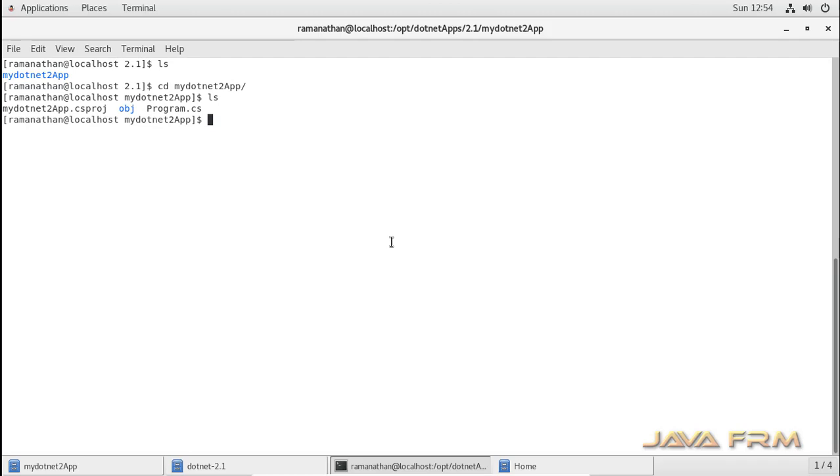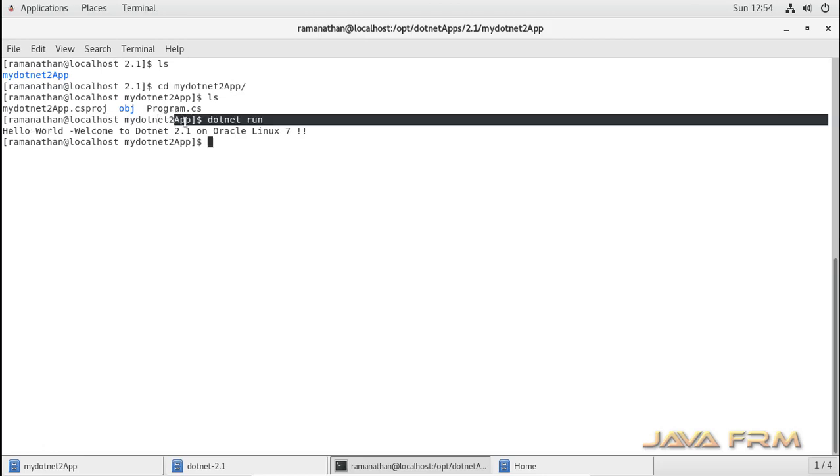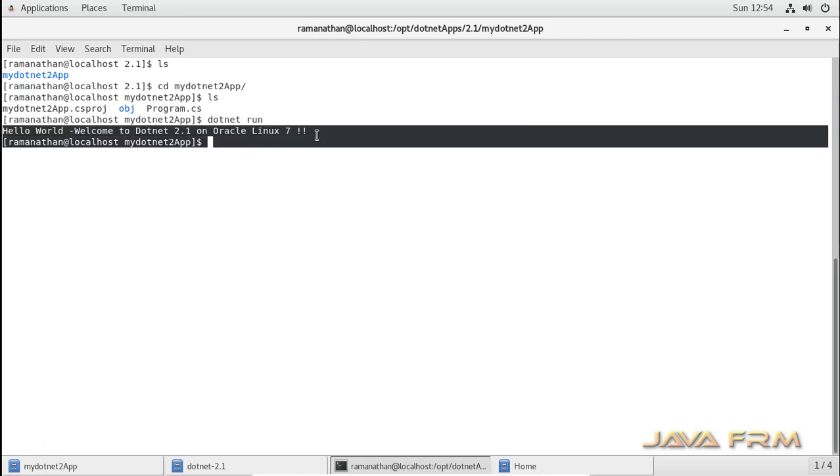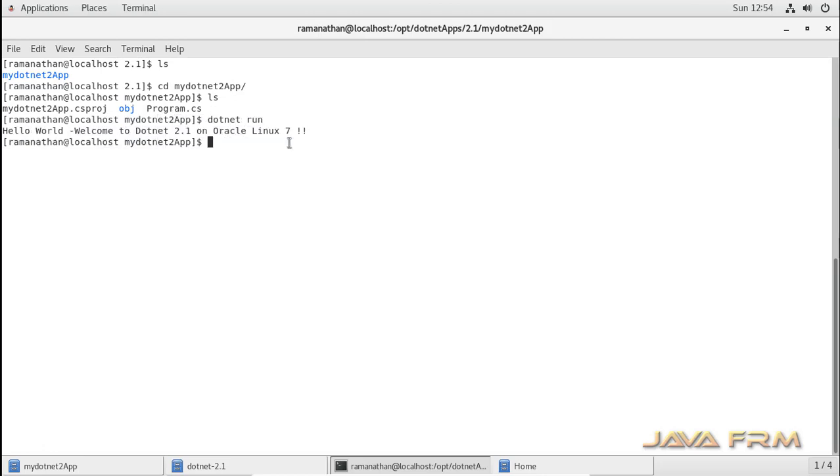Go to that directory, just type dotnet run, that's it. Yes, so you can see that the hello world got printed in the terminal.